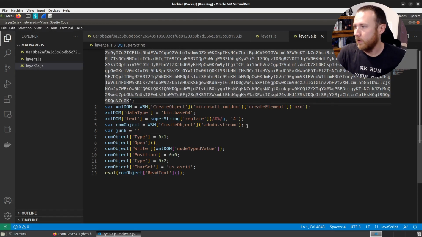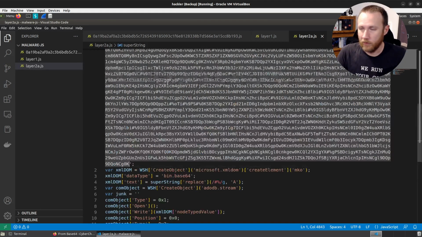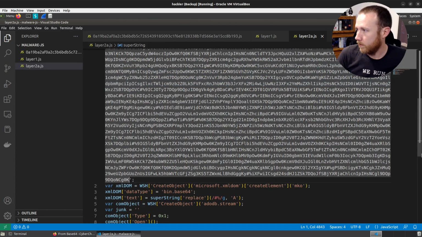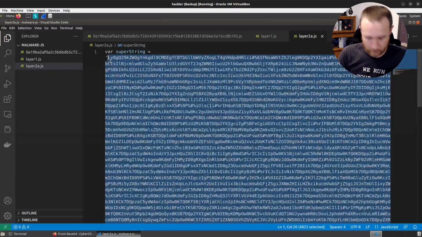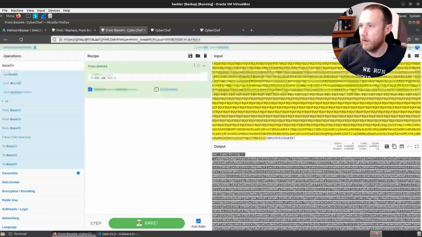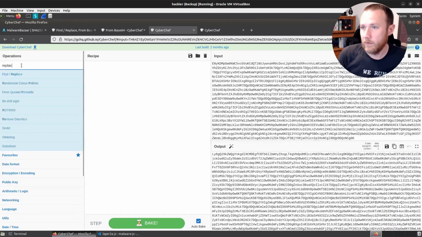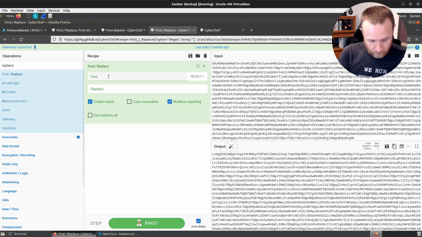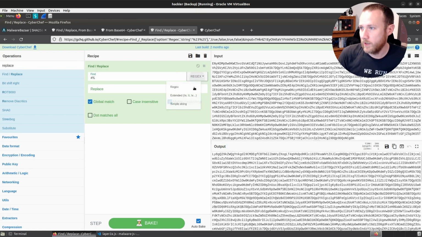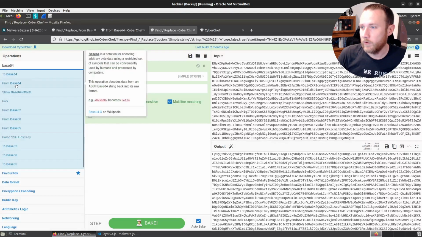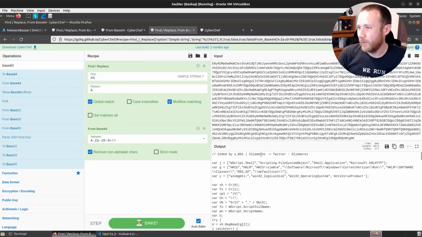We're going to do the same thing here. This one has got we're substituting with capital A. So this would be layer 3, I guess. Copy. And this time we need to do replace. We're going to find £%. That's not a regex, it's a simple string. We're going to replace it with capital A. And then we're going to do from base 64. And now we have code made by